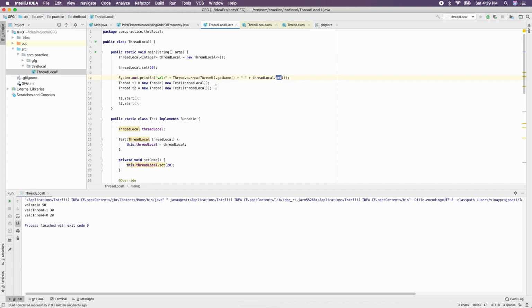Alrighty. Hope you understood how thread local works and why we need thread local. You can say it's kind of a design pattern, and how it is different from synchronized: while synchronized ensures that you are sharing data securely, thread local ensures you are not sharing data. It is ensuring that to the